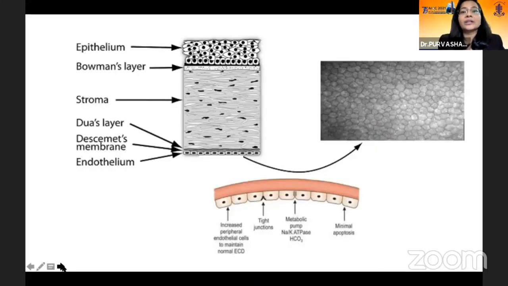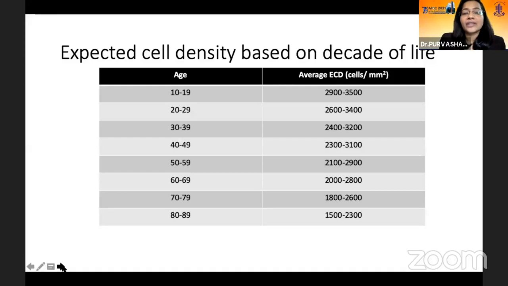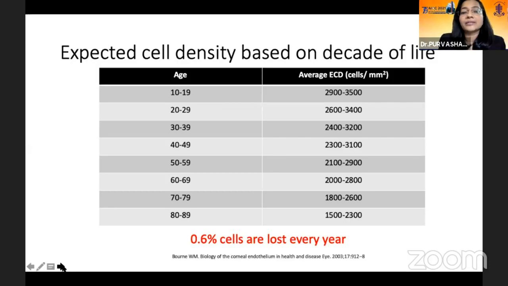Specular microscopy is a non-invasive investigation for studying the hexagonal, energy-efficient monolayer on the endothelium. It does not show regeneration, and as we know, it is arrested in the G1 phase of the cell cycle. At birth, we are born with approximately 5 lakh cells in each eye, and as we age there is a certain amount of attrition. 100 to 500 cells per year are lost, which is seen at the rate of 0.6 percent of cells every year.